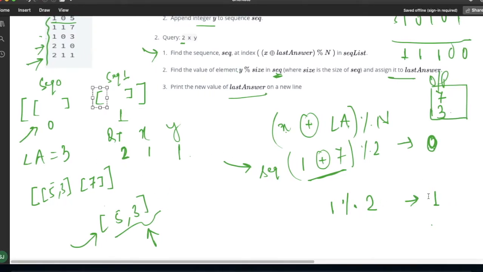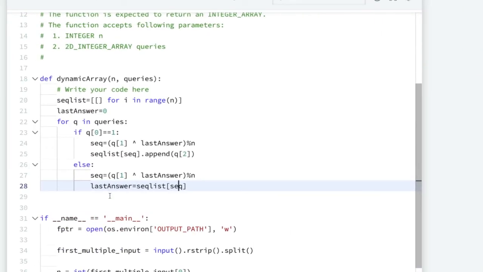Suppose after performing the operation, y modular 2, we got the value 1. So we have to select the sequence list at index 1. So we got the internal sequence.